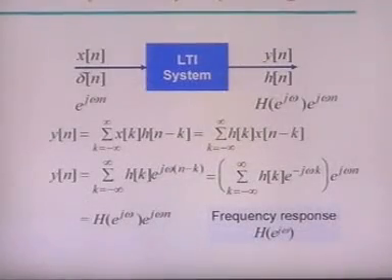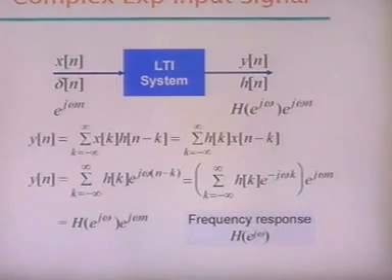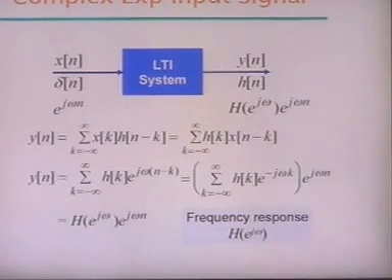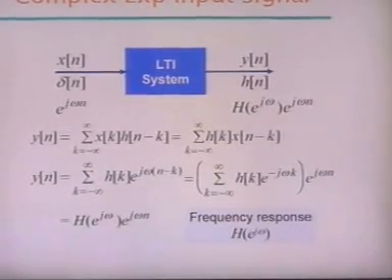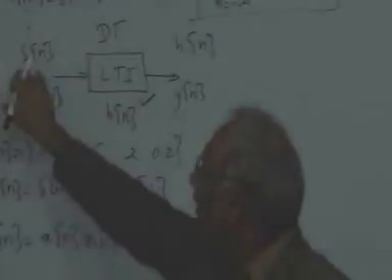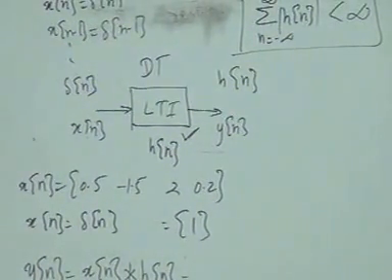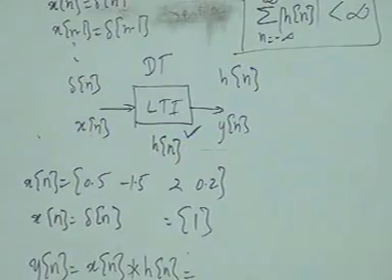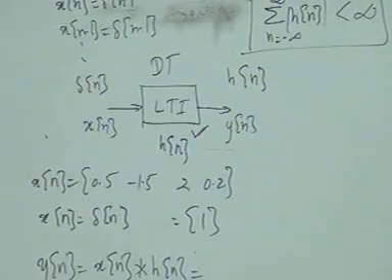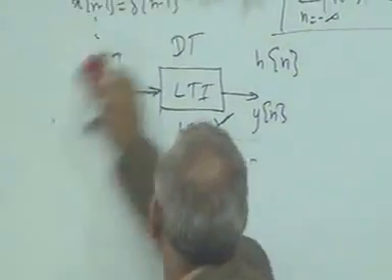Now this is what we were going to cover in time domain analysis. Now let's go into the complex exponential inputs. Till now we were talking about very simple types of input, unit impulse or simple type of input. Now if we have a system and we give a complex input to it, then what happens? Let's see. Let me just start a clean board.